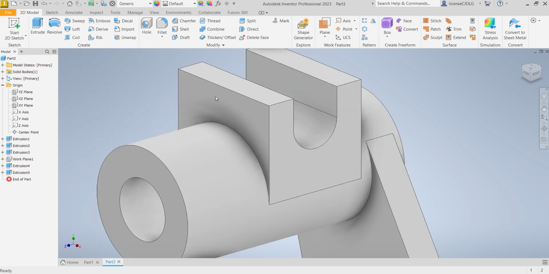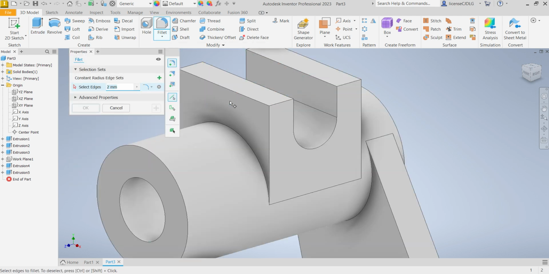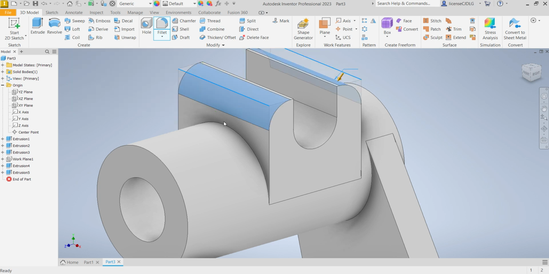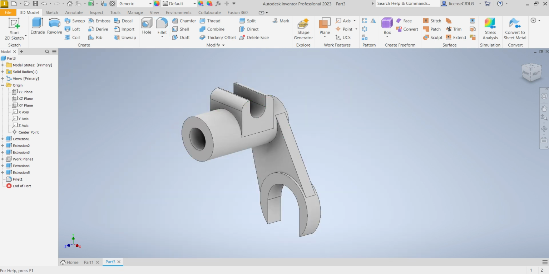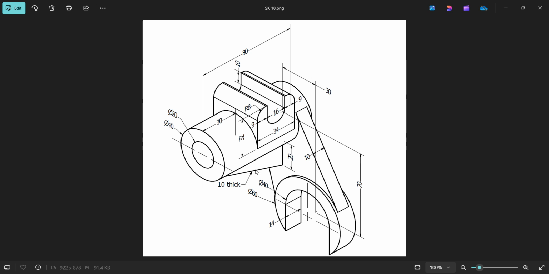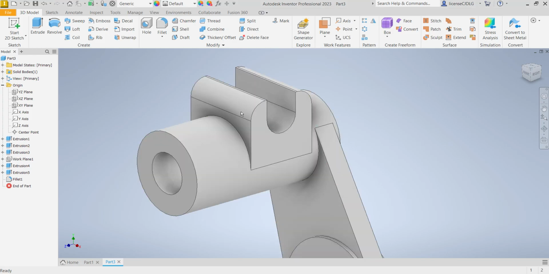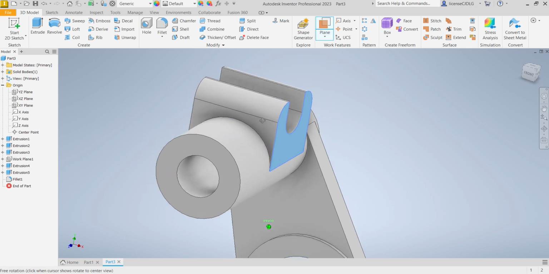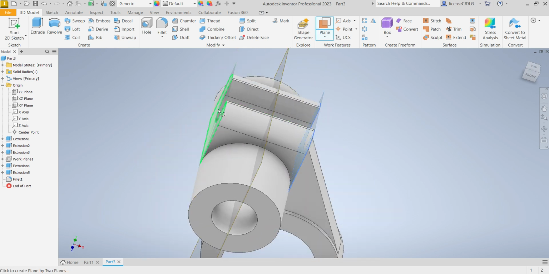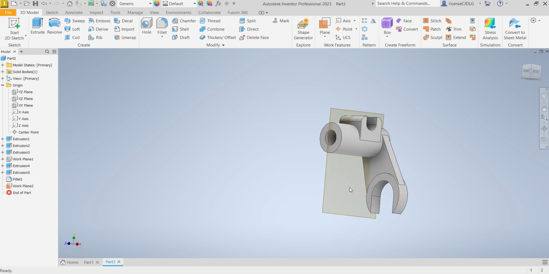Okay. Select fillet, dimension is 8 mm, select these two edges. Next there is a one rib, thickness is 10 mm. For that we need to take one plane, select the plane, select two edges, select plane now,